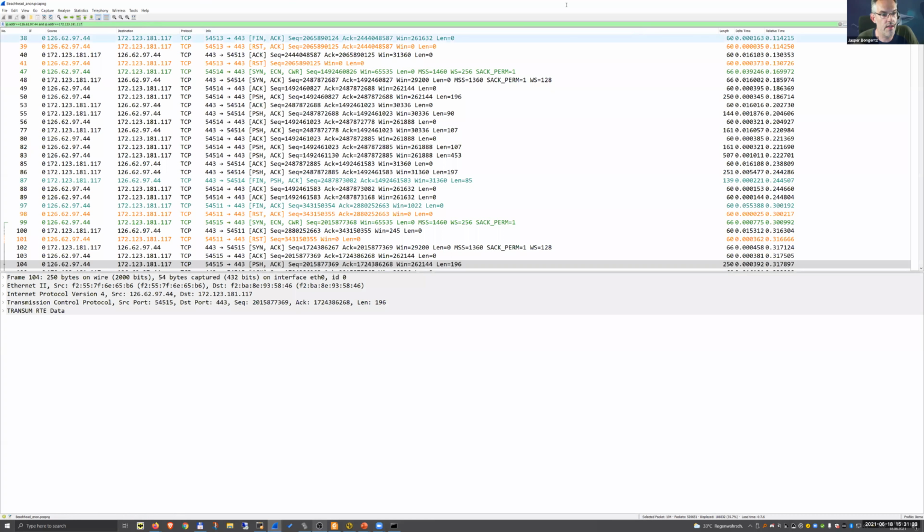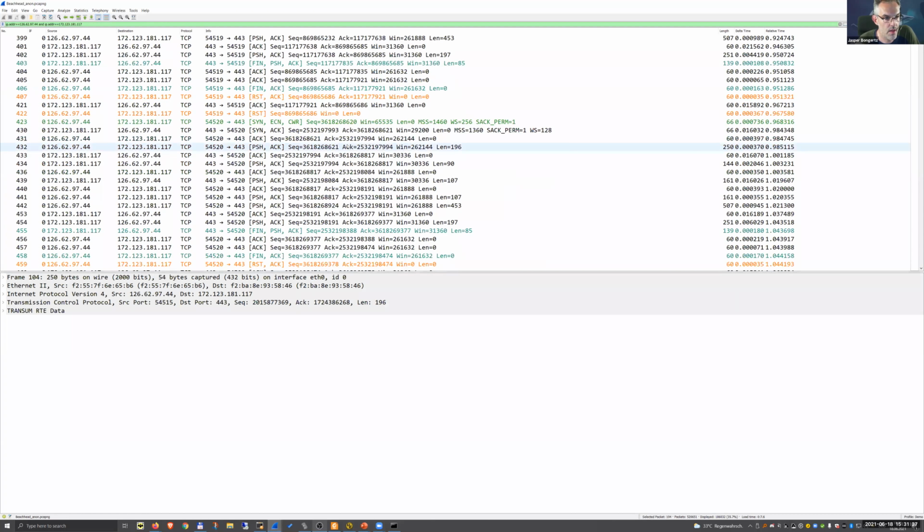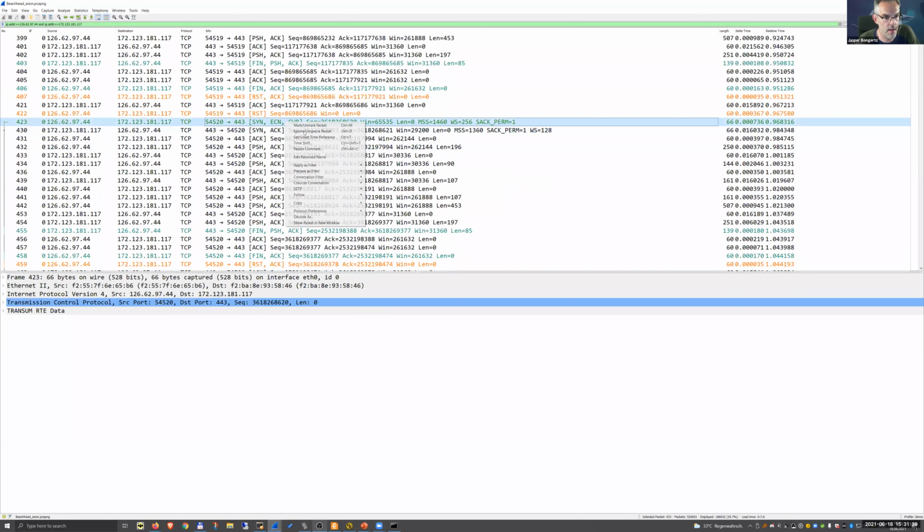Then you can see that there's a lot of conversations going on. And it's always like, if I colorize it, not very long. It's SYN, SYN-ACK, ACK, which is a handshake. Then there's some push, ACK, push, ACK, push, ACK, push, ACK, and so on. FIN, ACK, FIN, ACK. So this looks like, well, there's something going on, but we don't know exactly what.